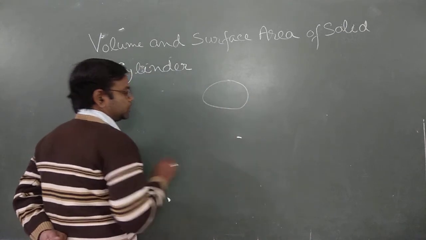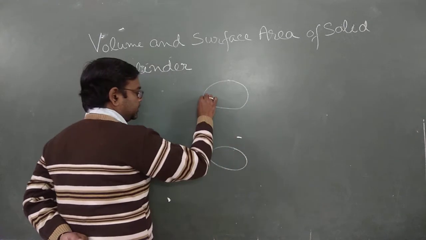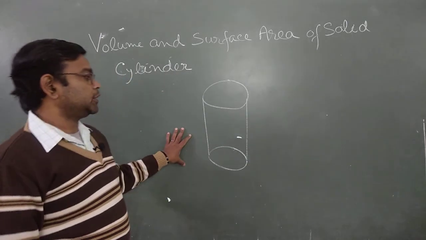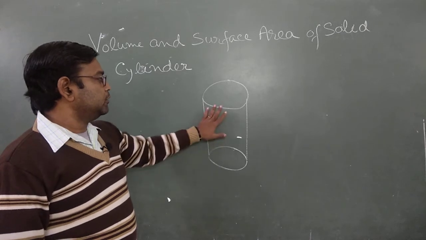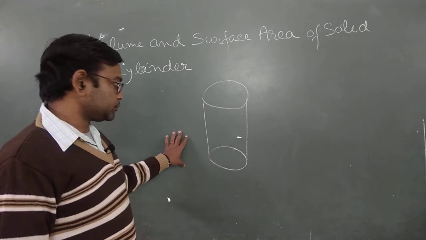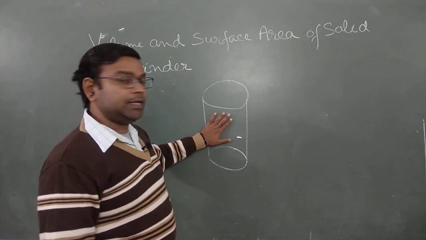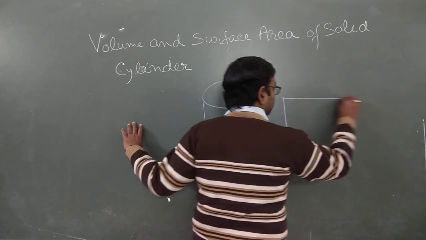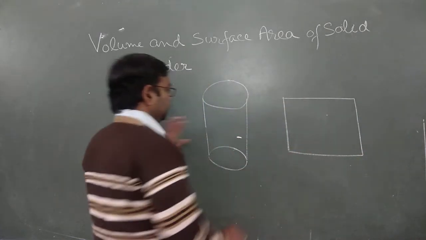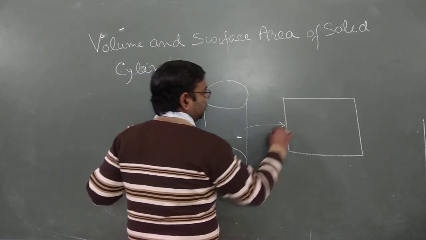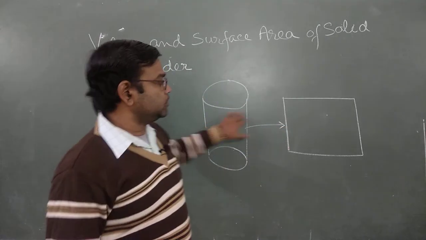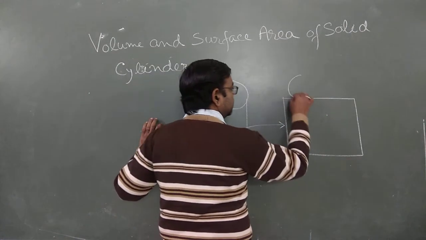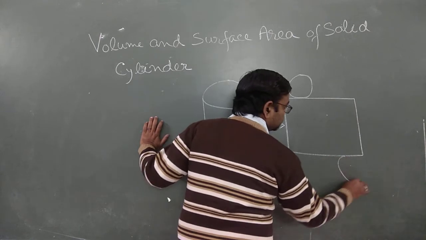If we have a top circle and a bottom circle, and they are joined, this is a type of cylinder. The figure is not perfect, but you can easily understand what a cylinder is. Now, if we open each and every part of the cylinder, we obtain one rectangular part from the middle part. This top is a circle and this bottom is also a circle.